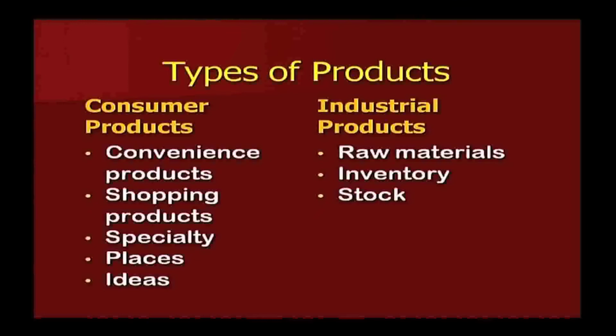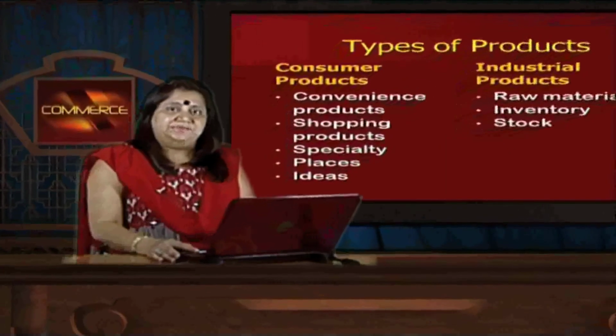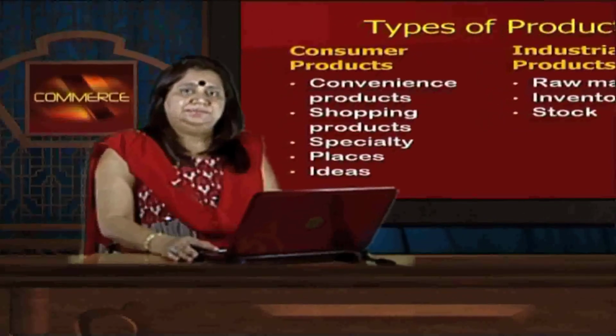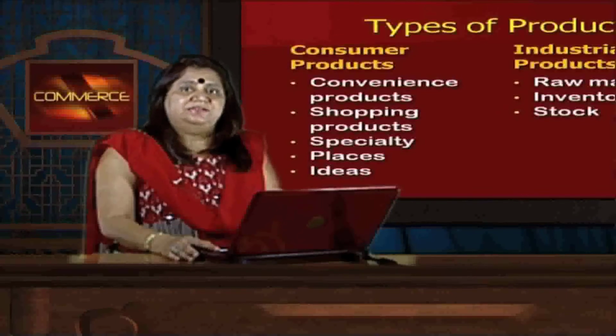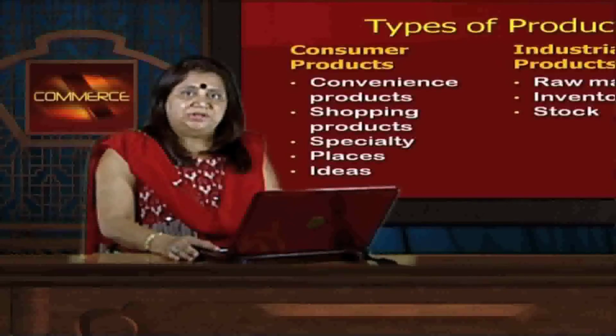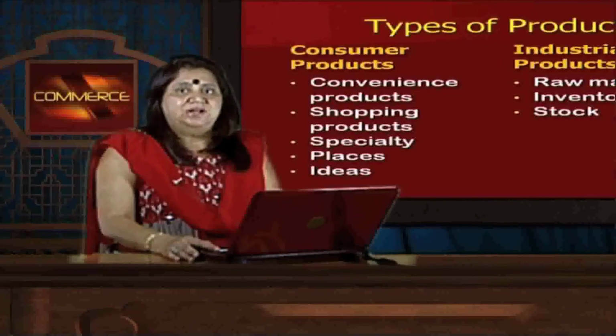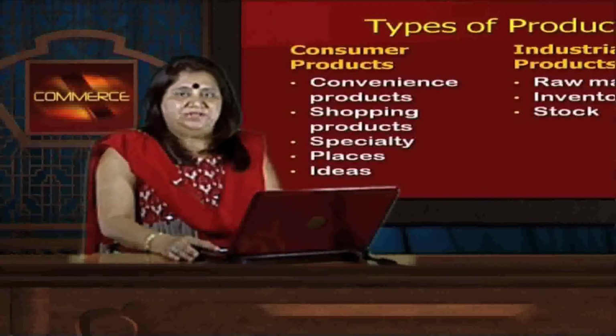Now, see, we have products of two types. One is consumer, which the consumer directly buys from the retailer. This is the convenience, or this is the mass products which come into the market. They are advertised on TV, they are on channels, they are on websites and they have a visibility to the consumer. The competition is there and the customers try to search to make their life comfortable to buy these products from the websites or through the offline channels.